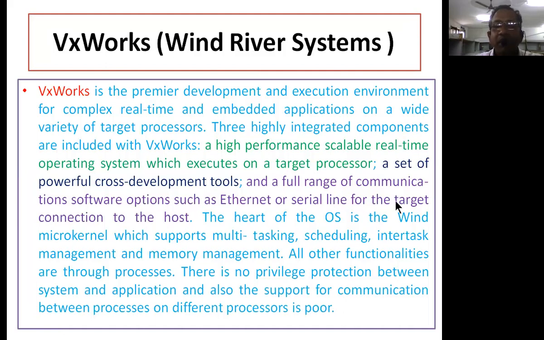Now there is an important operating system environment from Wind River Systems, known as the VxWorks development environment. It is something like an environment, for example, when you want to write code for Java, we use an environment to write the code. Say I want to type a document, then I have to use the MS Word environment. Similarly, if you want to implement RTOS applications, we have to use a development environment, that is known as VxWorks.